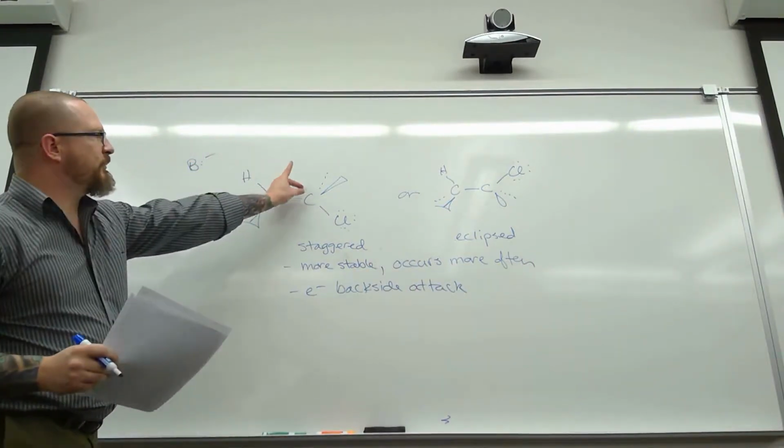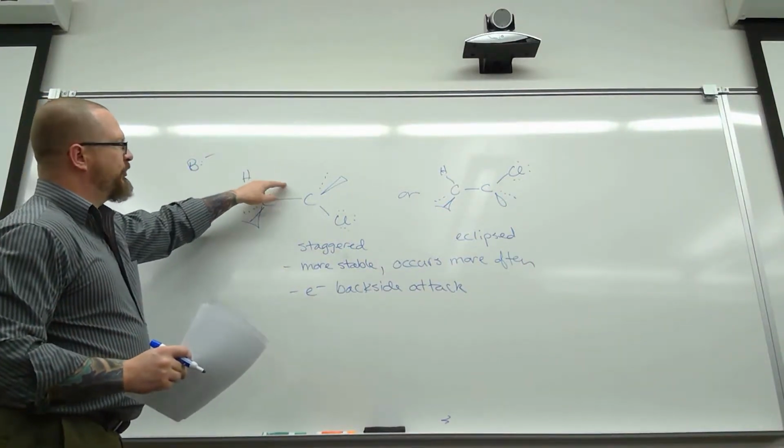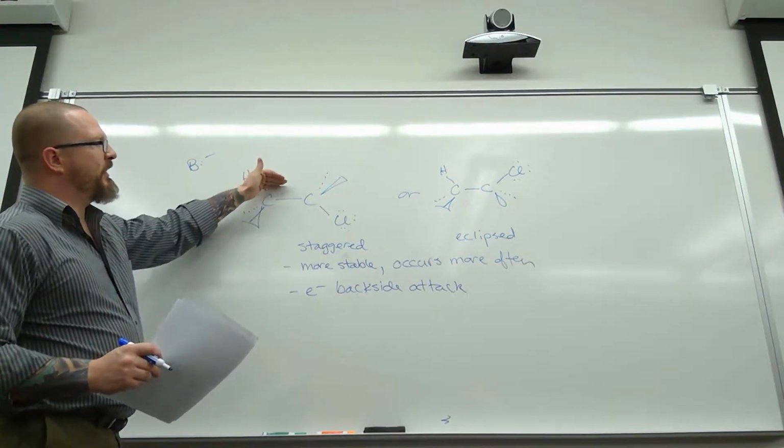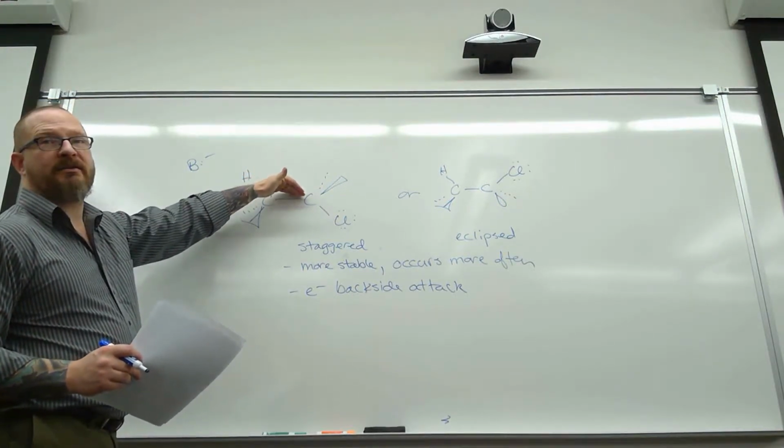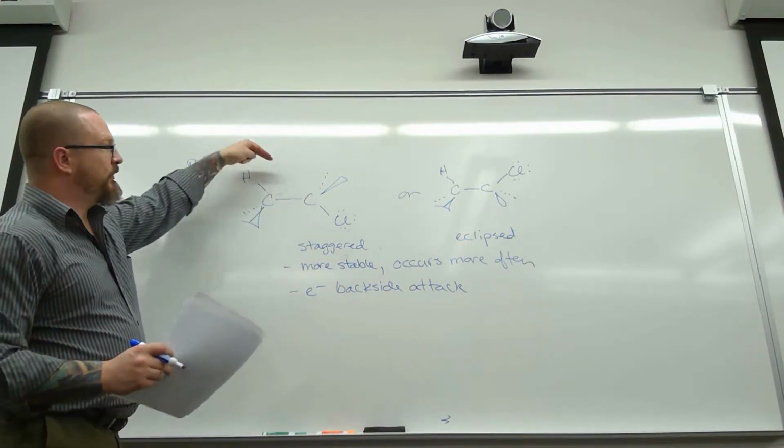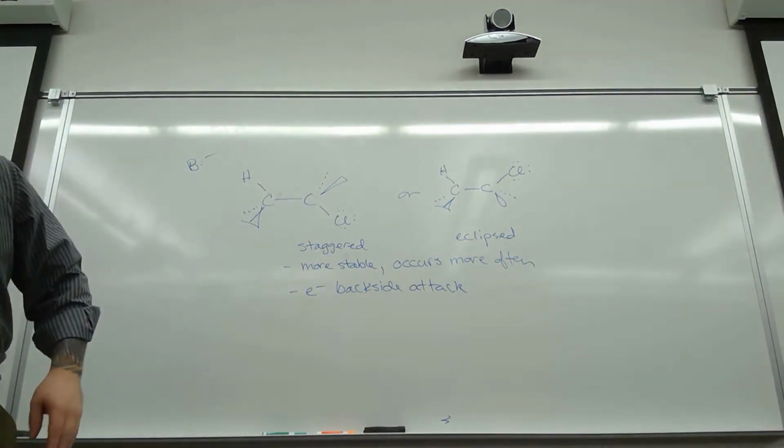Because we have this antibonding orbital here, when the electrons get pushed in here, it approximates a backside attack like in an SN2, which makes it easier. So it's kind of like